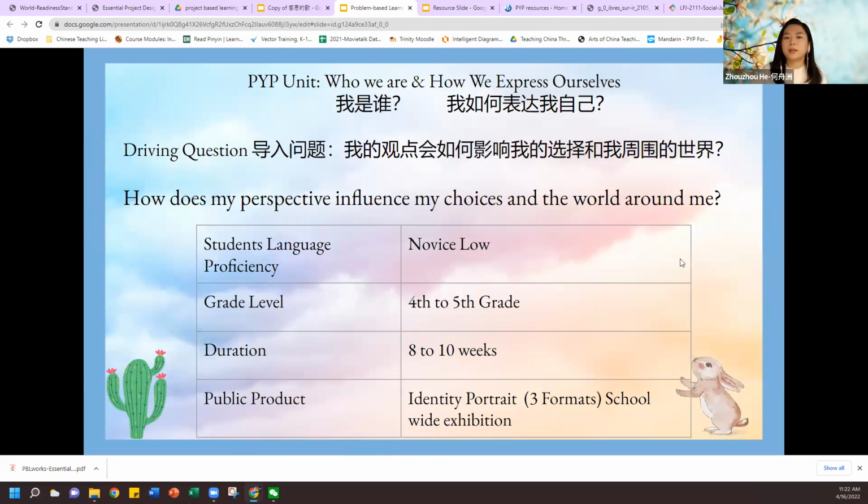So as you can see, here's my driving question. My driving question is, how does my perspective influence my choices and the world around me? 导入问题，我的观点会如何影响我的选择和我周围的世界? And as you can see, the student language proficiency level is Novice Level because